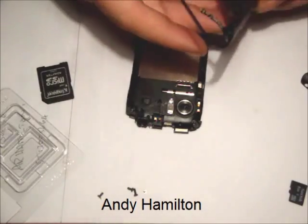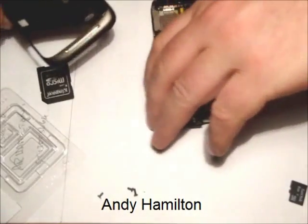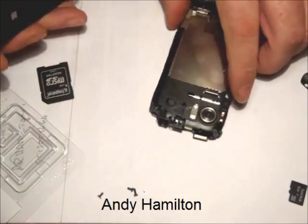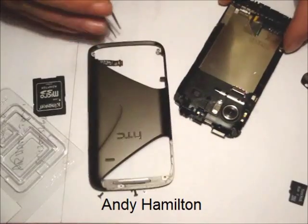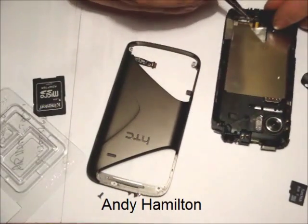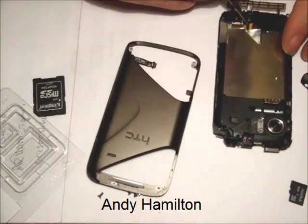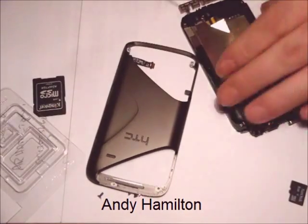Okay, back to the case now. Fairly straightforward, except for the making sure that our little USB connector is firmly attached to its PCB. So the first thing is to remove the tape that covers that,